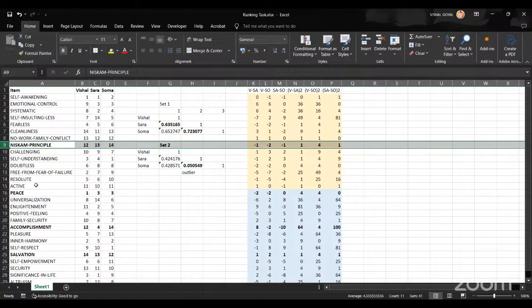So what does it interpret in the path-oriented context? In that context, our mentality, you always think about the position. It is not the level. For your value preference, 12th position is Nishkam principle, and for your position it is the 14th. And 12th position is, in case of Vishal, this is not the level. This is the position. Therefore, we can do only the median.